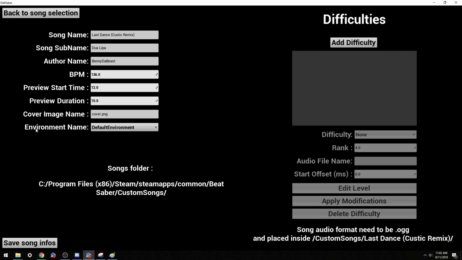Instead of the actual image. Environment name, there's 4 environments in here to choose from. Default and nice are fairly similar. They have boxes. Big mirror is kind of wide open level, and then triangle has triangles. So today what we're going to do is just use the nice, save your song info, then you can come